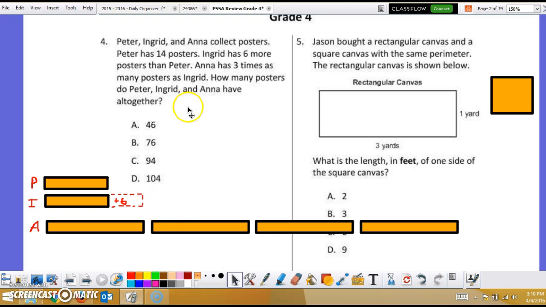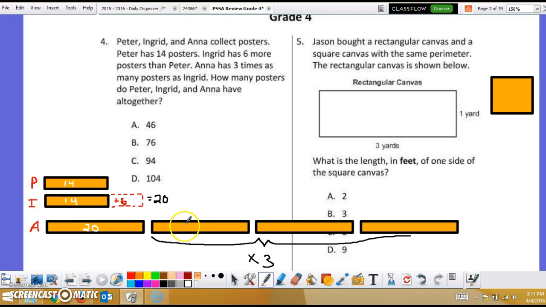So first, we're given the fact that Peter has 14 posters. This bar right here is going to represent Peter, and it's also going to represent the fact that Peter has 14 posters. Ingrid has 6 more than Peter, so that's going to be 14 plus 6. So once I find out 14 plus 6, 15, 16, 17, 18, 19, 20 is equal to 20, then I know that Anna, who has 3 times as many, which again is why I have so many additional bars to represent how many Anna has, because she has 3 times as many as Ingrid, I can then go ahead and write in, well, she has 20